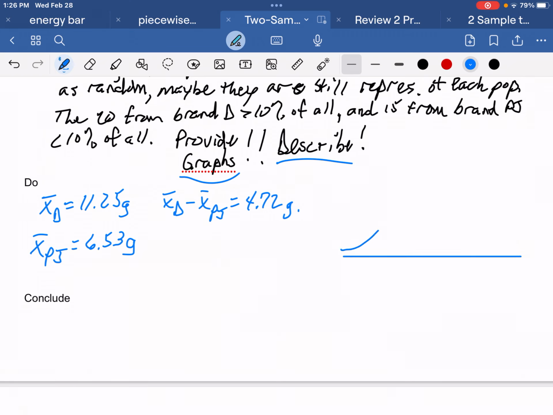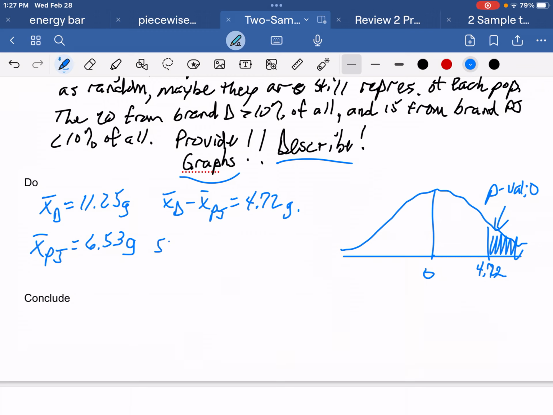And so here's that p-value that we're looking for. And essentially the calculator screen told me that the p-value was 0.000016. I think I'll just call that 0. Now, you'd be inclined to just write your conclusion because you know what it is, but you've got to keep playing the game. You've got to show them the standard error of x bar d minus x bar pj, which